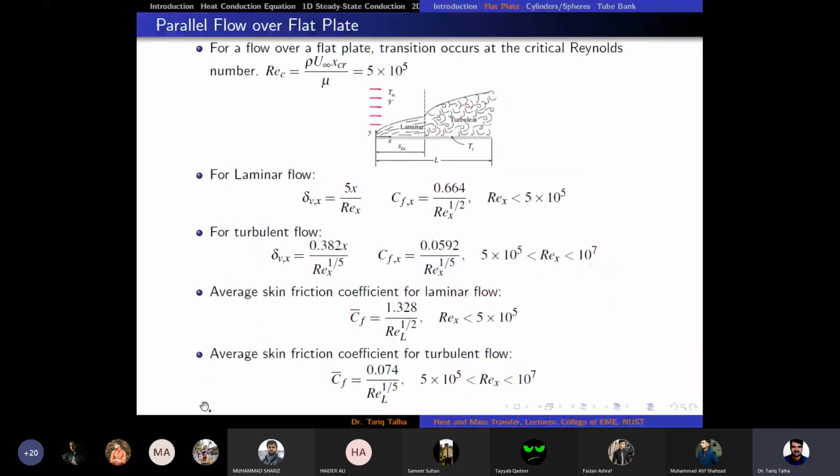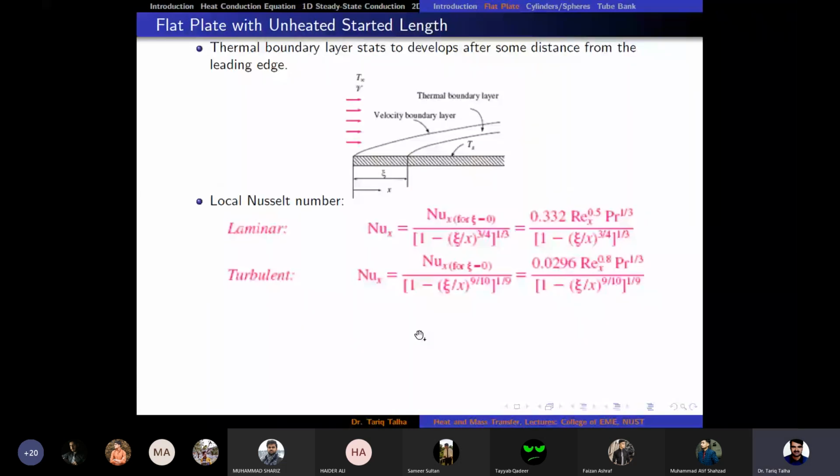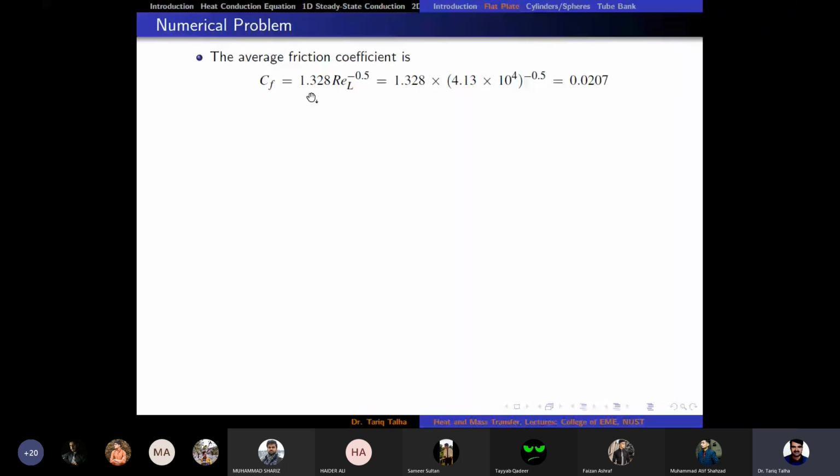The second last formula on this slide: CF is equal to 1.328 divided by Reynolds number at the right edge, raised to 1 by 2. So if we do that, 1.328 Reynolds number, it was 1 by 2, so we can write it as minus 0.5, so that would be equal to